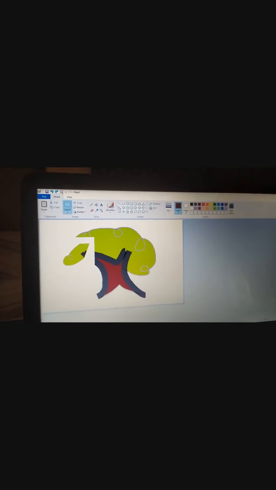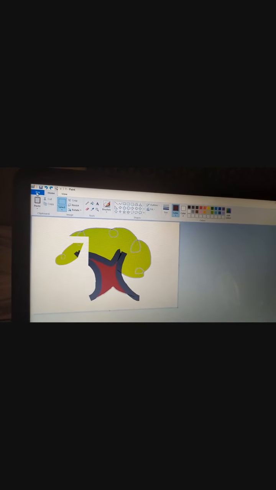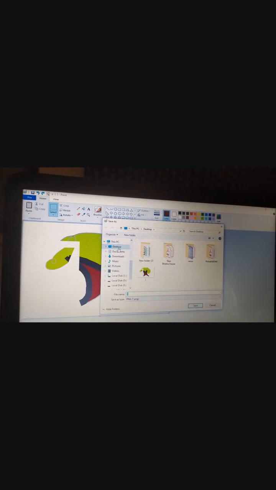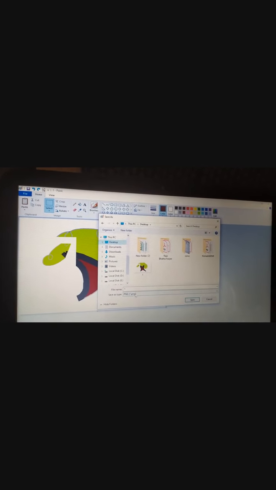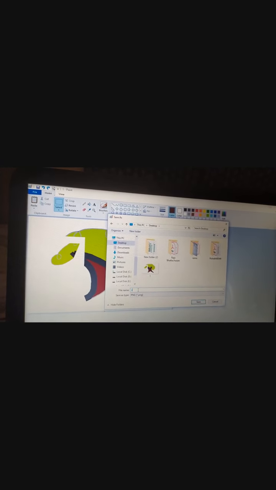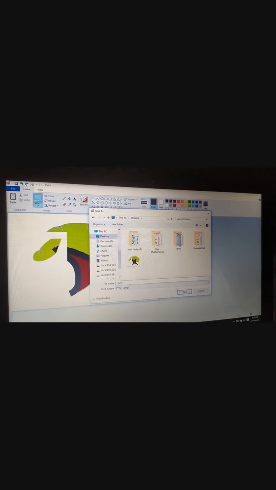Finally, we want to save our image. Go to file, click save as. Select your location. Suppose on the desktop we want to select. Give your file a name, maybe your name.